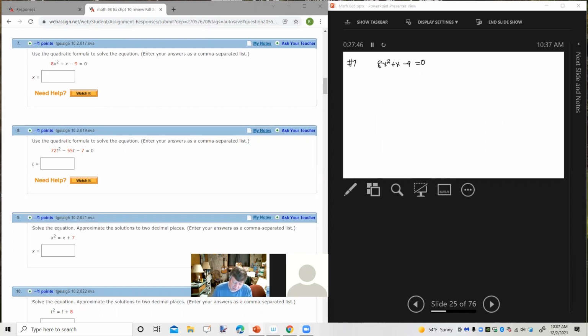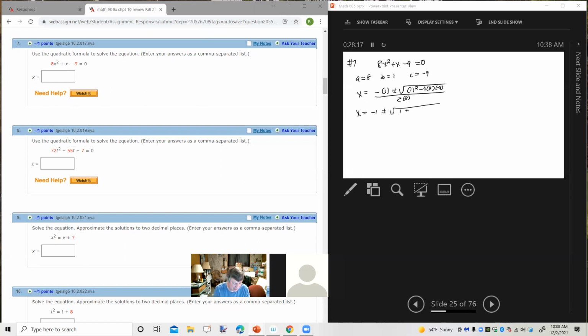This is already in standard form. Nothing I need to do or can do to make it simpler. A is 8, B is 1, and C is -9. So x equals -b plus or minus the square root of b squared minus 4ac all over 2a. x equals -1 plus or minus the square root of 1 plus, because -4 times 8 times